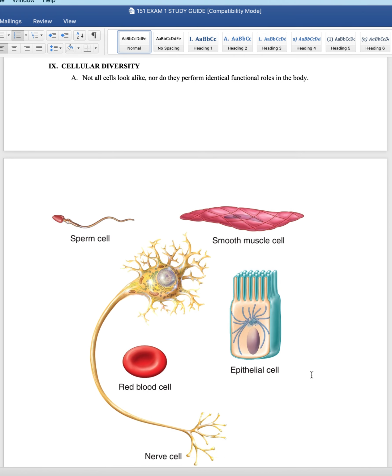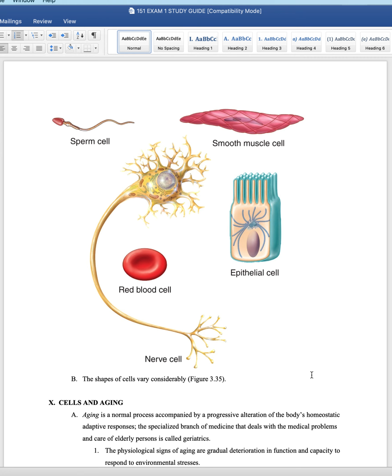Okay, so one of the last things I want to leave you with is the idea that although all of these cells might come from the same genetic material, from the same individual biologically, obviously we're talking about a male here, this cell is haploid and only has half of the DNA. This cell is anucleate. It doesn't have any DNA whatsoever. These 2 cells have the same DNA. These 3 cells have the same DNA,